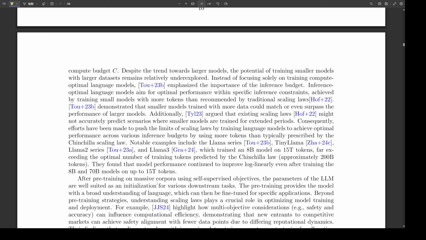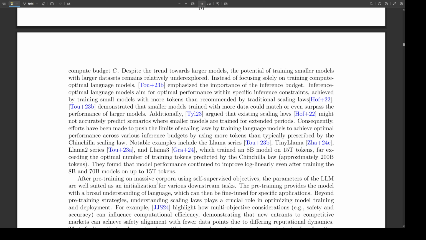Precisely. Now, all of this requires a ton of data. Where do we get all this text to train these models? That's what I was wondering. I mean, we're talking about massive datasets. Right. There are two main categories of training data, general corpora and domain-specific corpora. General corpora are these huge collections of text from a variety of sources: web pages, books, scientific articles, code repositories, social media posts, you name it.